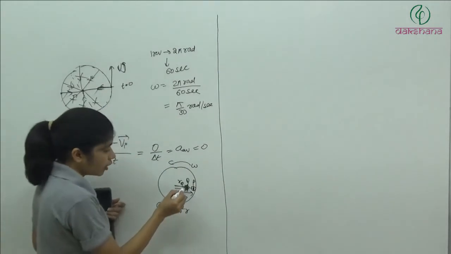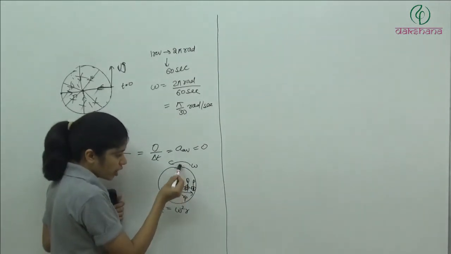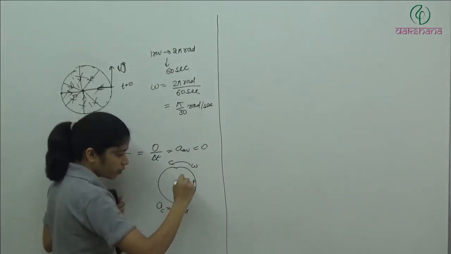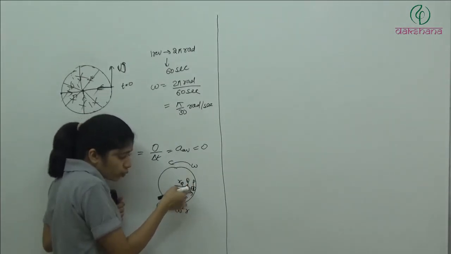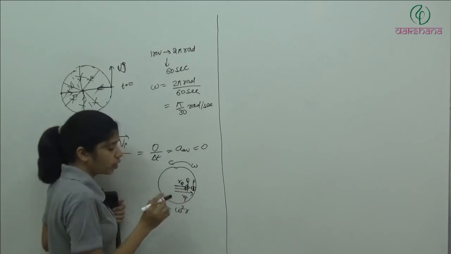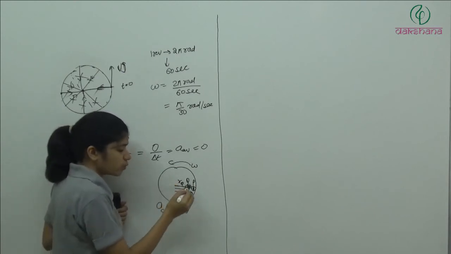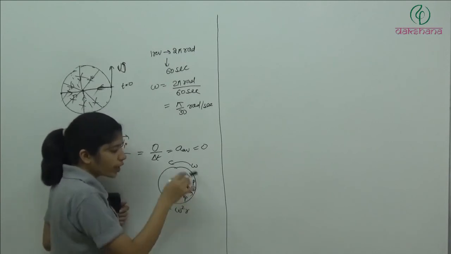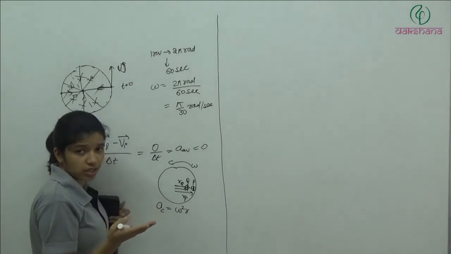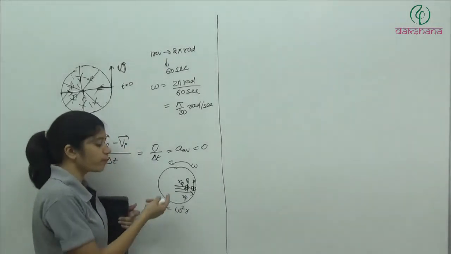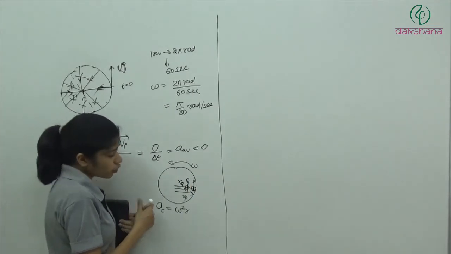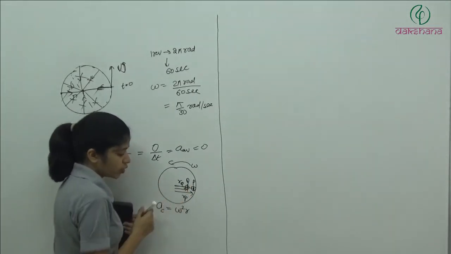Everyone. Point P after one revolution, Q will be here and P will be here, and both will come to this point at the same time. It won't happen that P gets left behind here and Q reaches here. No, both are going to come to this point at the same time. So all the points on this body are going to have the same angular velocity. I have discussed this in the class also, in lectures also. So all the points are going to have the same angular velocity. This point is also having omega, this point is also having omega.